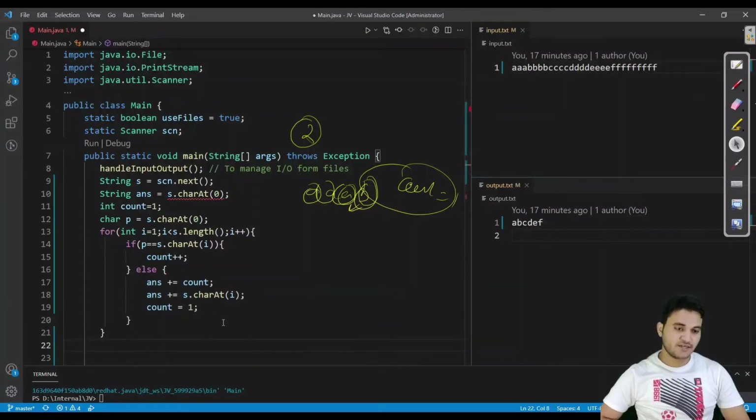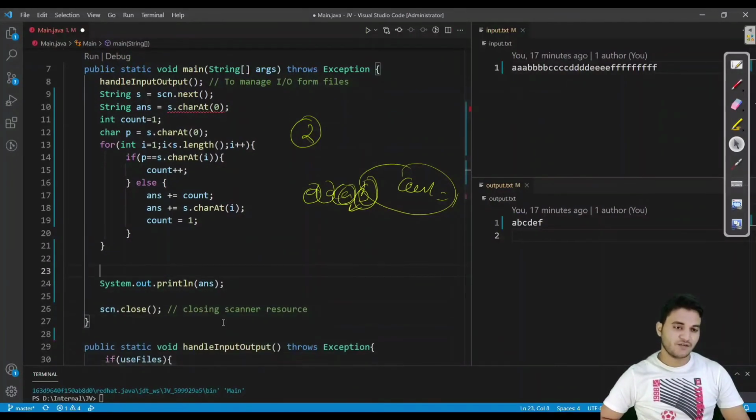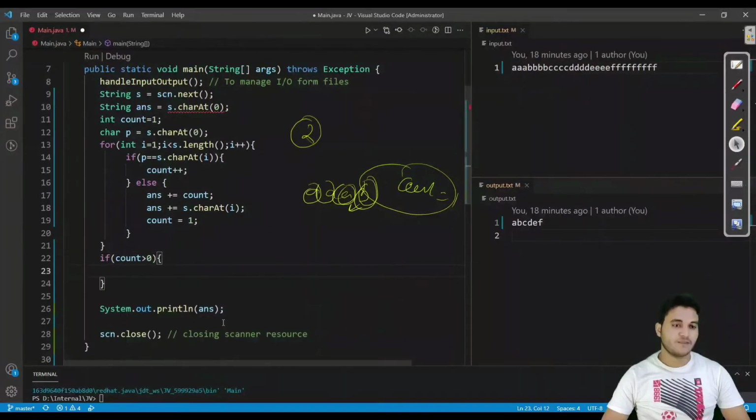We'll have to check at the end what I told you. Let us say if we have left anything in the counter which was left from our previous explanation part. So if counter is greater than 0, then we will check whether we have to apply with 0 or 1. We'll have to simply append this into answer. Fine. And we'll just have to print it.